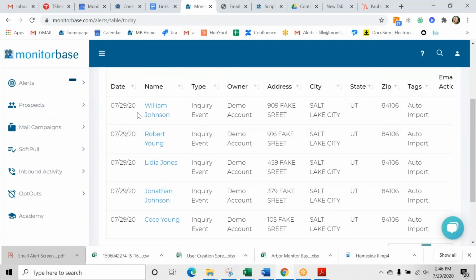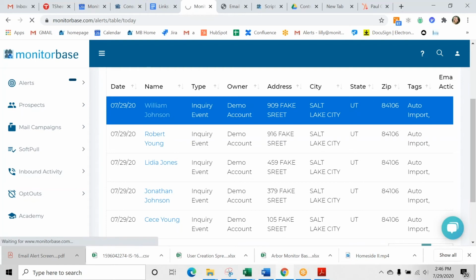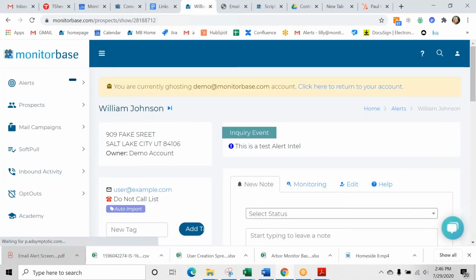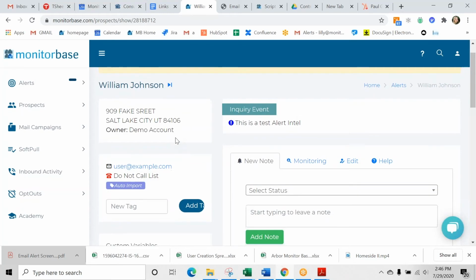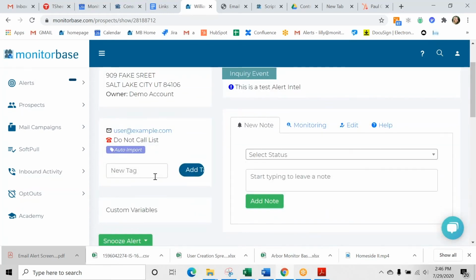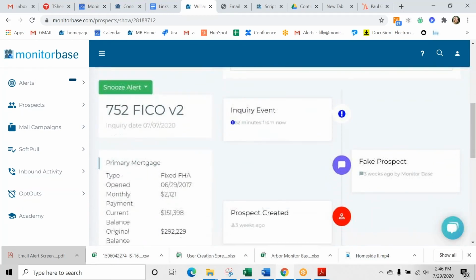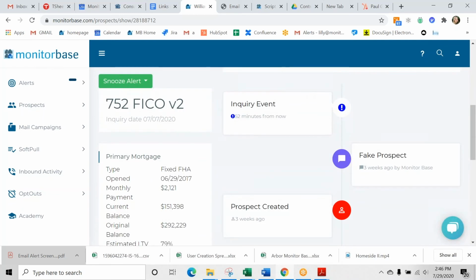And here I'm going to look at William Johnson's inquiry alert. So I click on it. And then this opens up a little bit more information about William Johnson. So of course we have the name and address that Paul has uploaded for you, and any contact information as well. And then we also get things like the Experian mortgage FICO from the day that their credit was